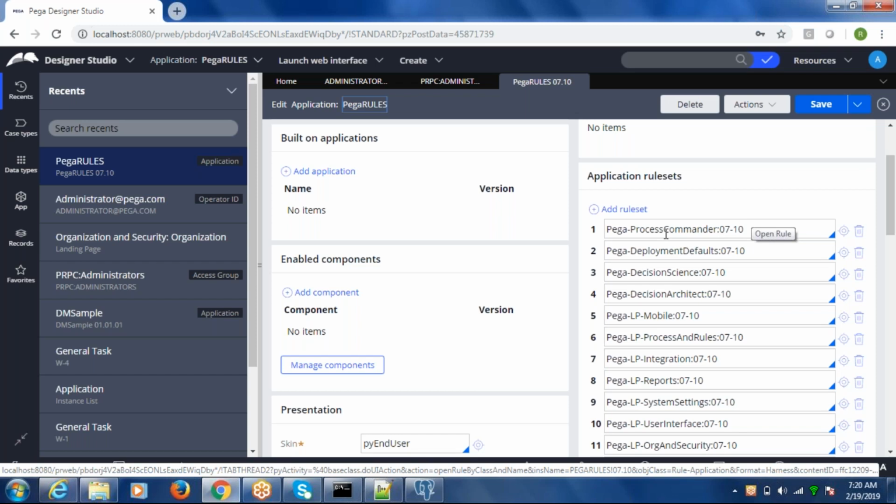Whenever we start doing the development, the rule set is a container where you store all the rules. Based on the behavior and functionality taken care of by those rules, we keep them in a container according to that behavior. So here there are multiple rule sets, and based on the behavior of those sets of rules, we store them in those specific categories.